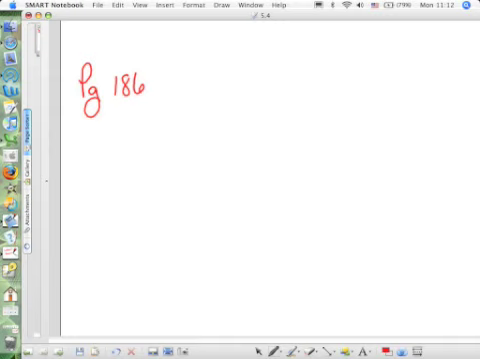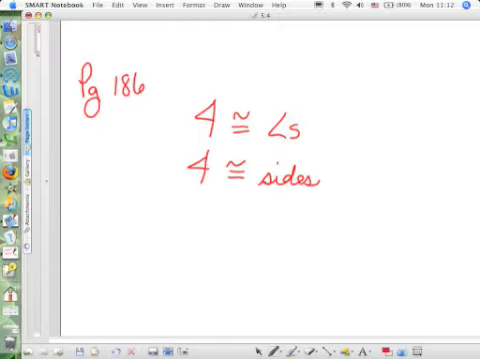Number 2 says, name each figure that is both a rectangle and a rhombus. What is a rectangle? 4 90-degree angles. And what's a rhombus? 4 equal sides. So what are we looking for? Squares. 4 congruent angles and 4 congruent sides. So we're looking for squares, basically. So number 2 and number 9. Number 3 says